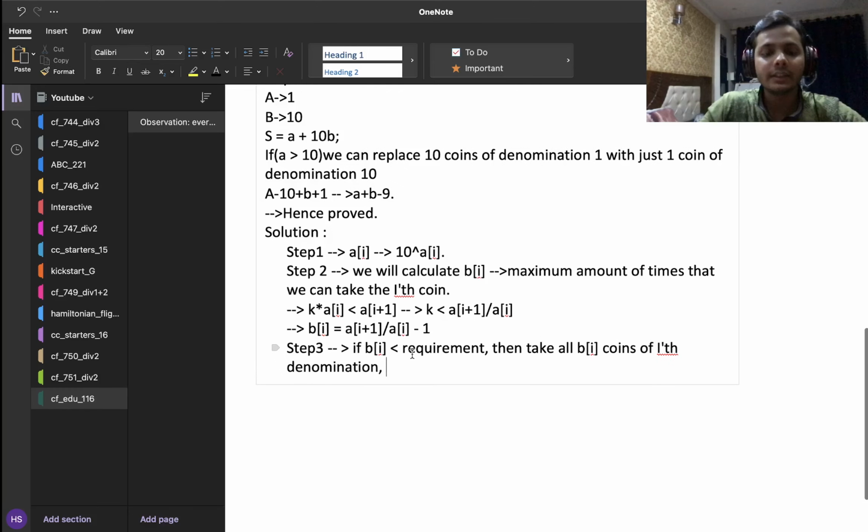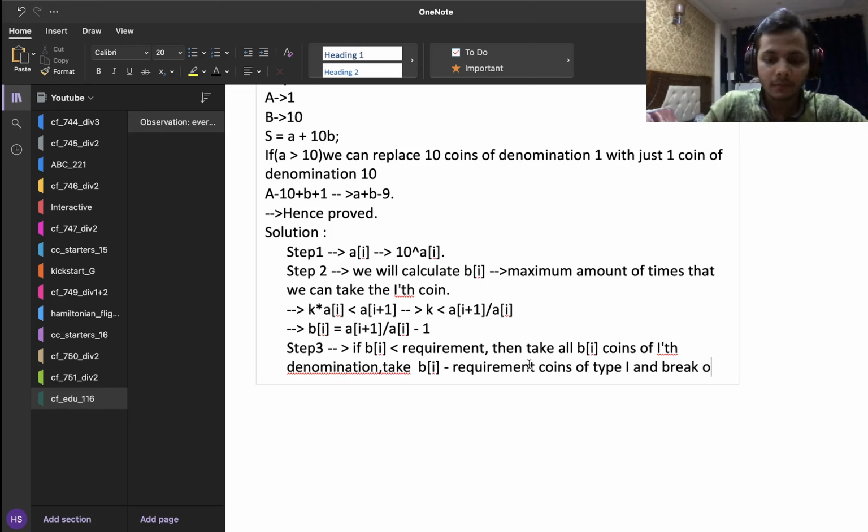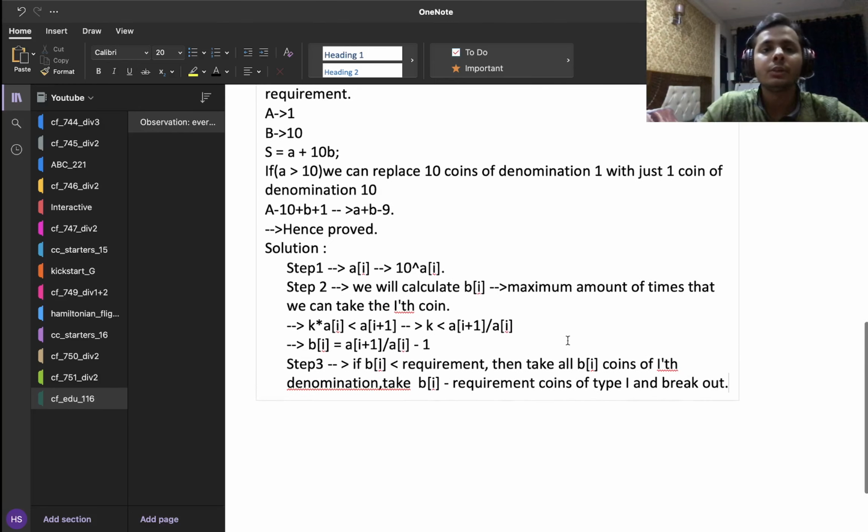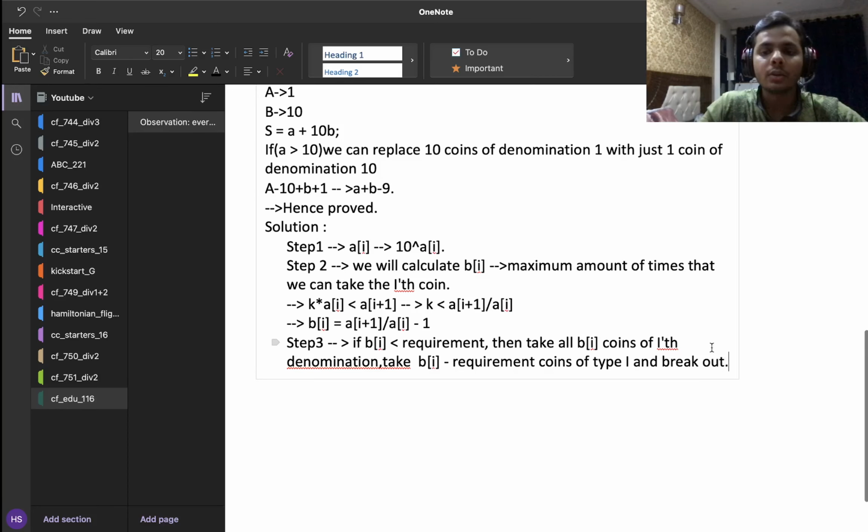So what you're essentially going to do is you're going to take b of I minus requirement coins, so take just b of I minus requirement coins of type I, and break out, because once you do it, you have actually fulfilled your requirement, and now you don't need to go any further. And yeah, so obviously your initial requirement would be k plus 1, because you need k plus 1 coins, and that is the first time you will exceed k.